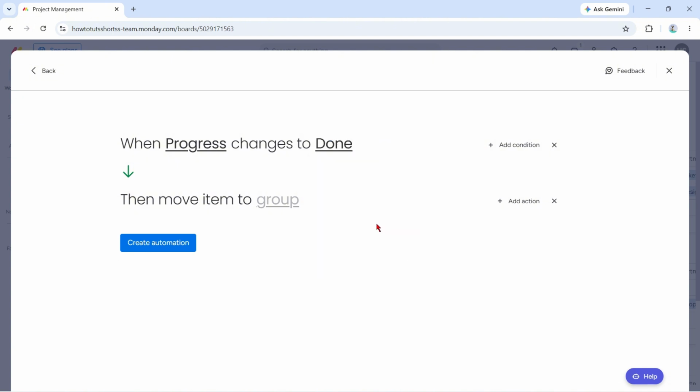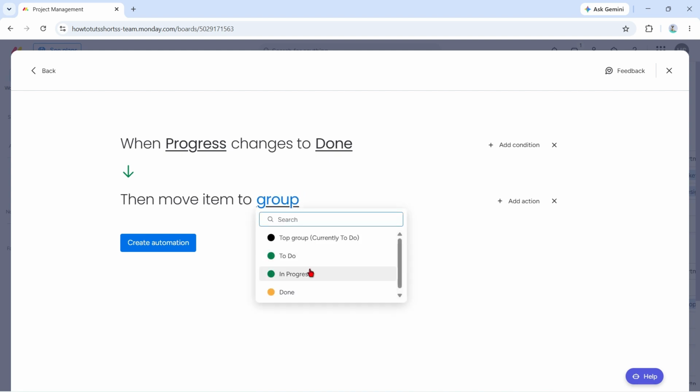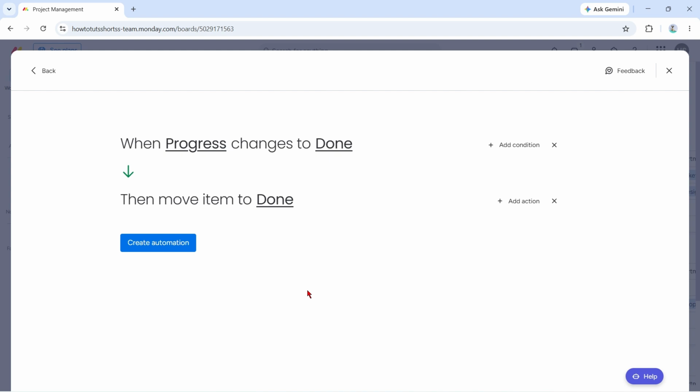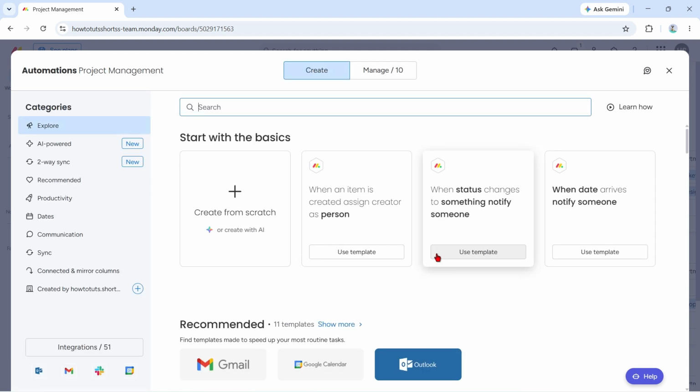Next, select the Destination group. This could be a group called Completed Tasks, Archived Work, Done, or something similar. Review the automation settings carefully before saving. Then click Create Automation. Once activated, every time an item reaches the completion status, Monday.com will automatically move it to